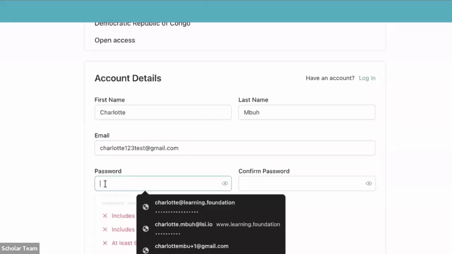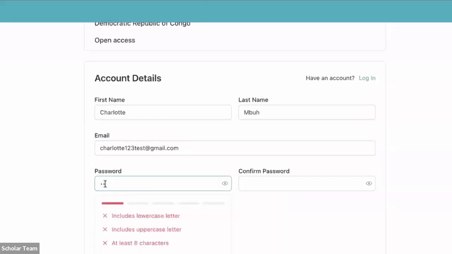So please make sure that you are inputting a password that you will remember. And one thing is very clear, the characteristic of a strong password that is required by the platform. The password should include a lowercase letter, include an uppercase letter, at least 8 characters. It should include a number and include special symbols. So as you can see, for my own, I have one tick already.